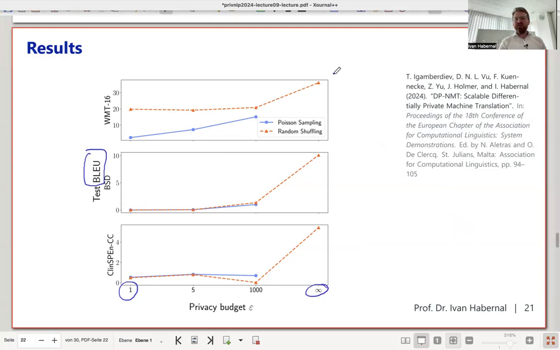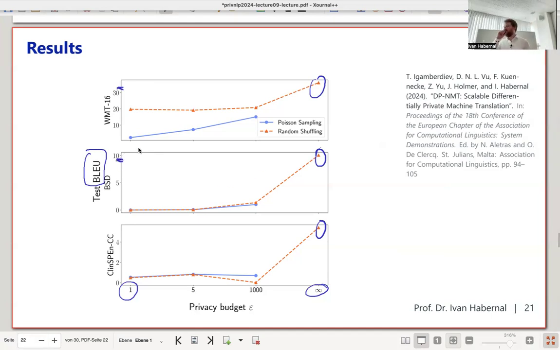So if we train non-private models, we have a reference for how well we can perform these tasks. As we see, for this large data set, of course, we can get BLEU scores over 30. So this is good. And for smaller data sets, we are just much worse, because these data sets are, first of all,